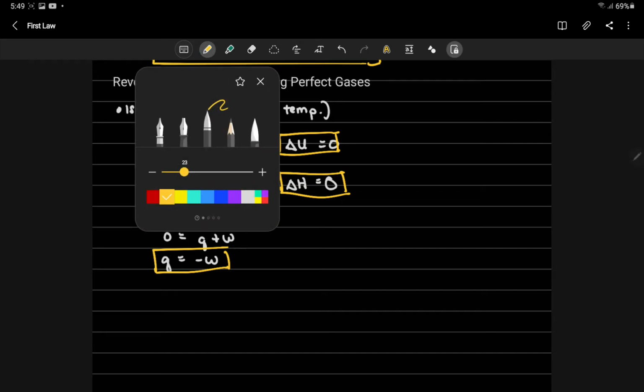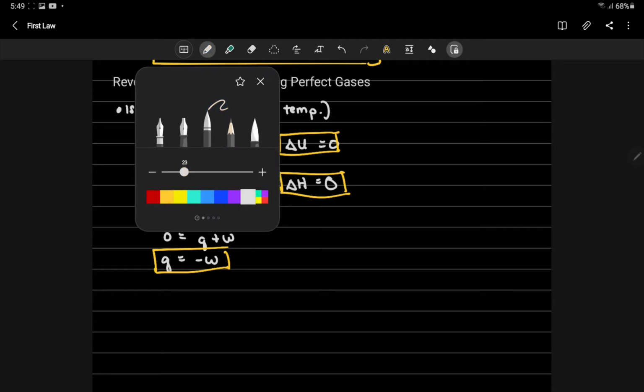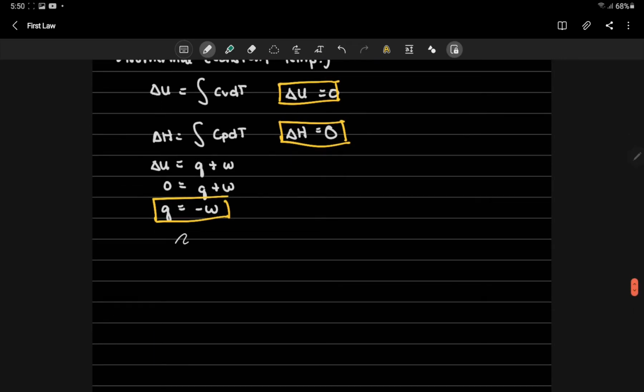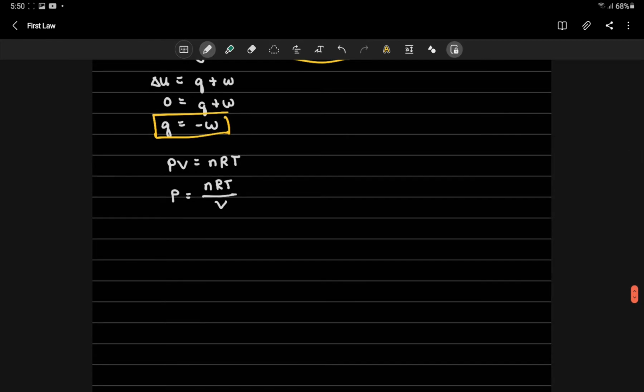So, ang susunod na lang natin gawin is to determine kung paano makuha si W. So, paano nga ba? Remember, we are dealing with perfect gases. So, if the gas is perfect, it will obey the ideal gas equation, which is PV equals nRT. Now, let's solve this equation for P. So, P will be nRT over V. Correct? Okay. We will use this expression